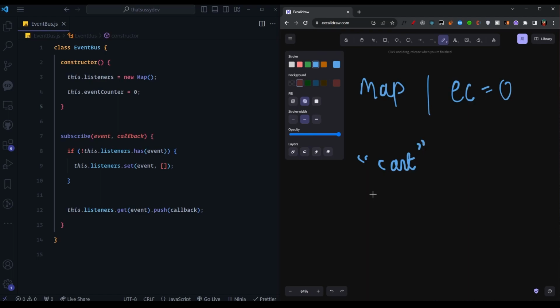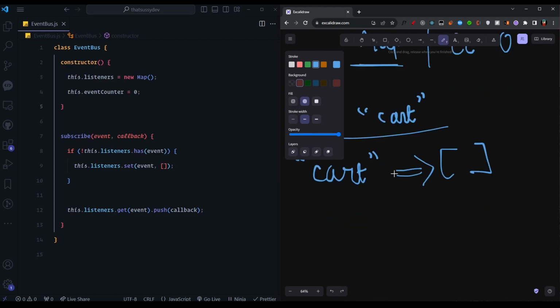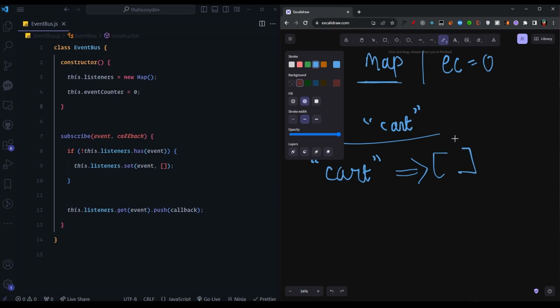In the map, if this map doesn't initially contain cart, I'll be setting a new key here named cart, and it will be mapped to an empty array, right? Then let's say for this cart, I have a handler named add to cart,